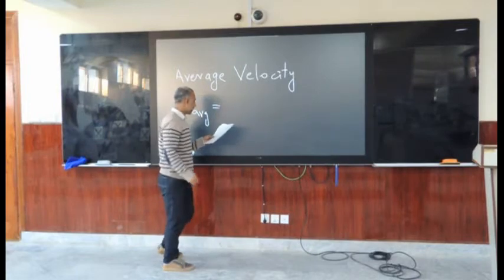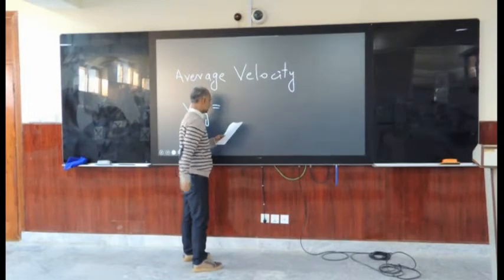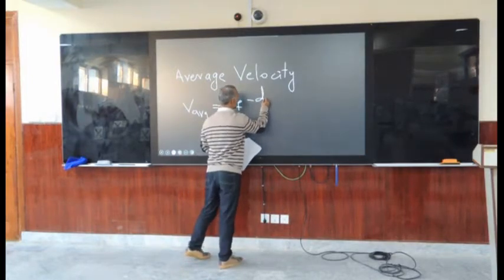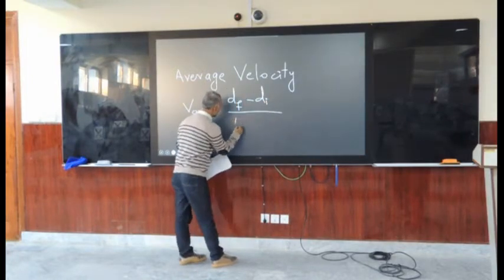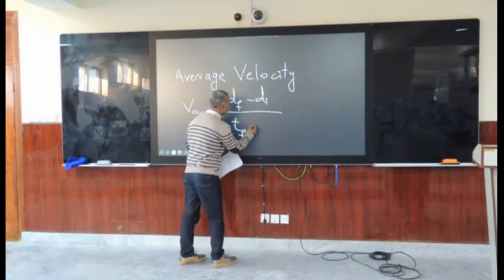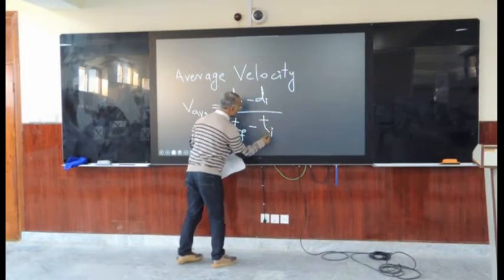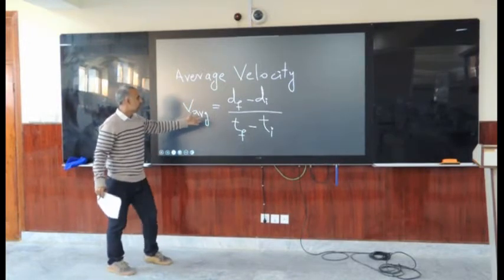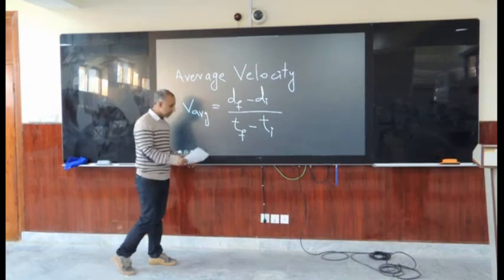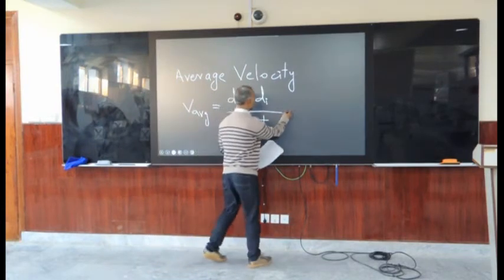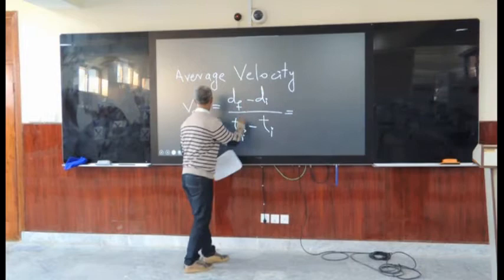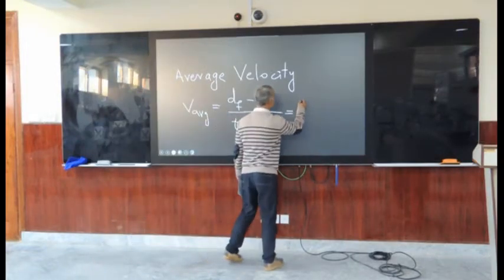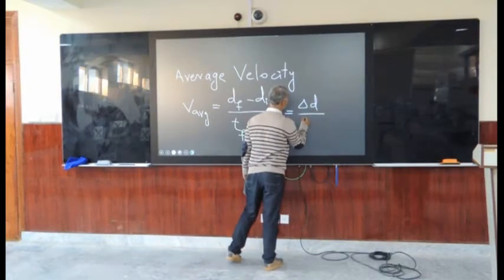that it is some final distance minus initial distance, over final time minus initial time. What is this? Rise over run. Okay, following the formula of slope. Basically it is telling us about the average result. This is the average velocity,